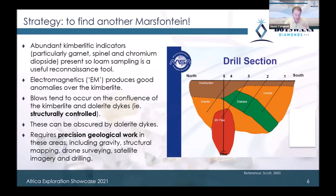diabase dike. And in fact, if one goes to the M1 pipe itself, there was less than a 5-meter subsurface exposure of the pipe. And once one got below the dolerite, there was a 40-meter exposure. So you can imagine that if there was a dolerite that covered most of the kimberlite itself, or just gave your normal, should I say, 0.5 to 1 meter surface expression of the dike itself, you would not find the blow sitting underneath it. So what you're looking at here is precision geological techniques, which I'd like to take you